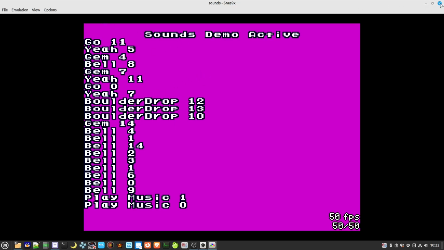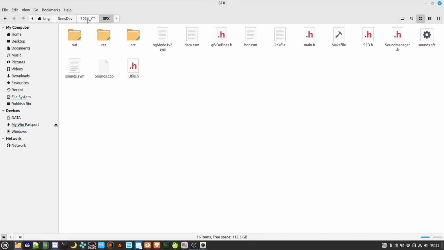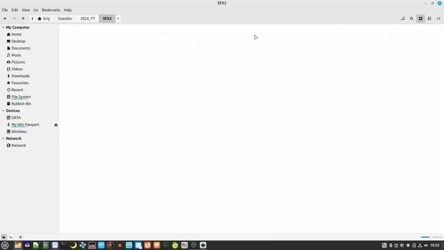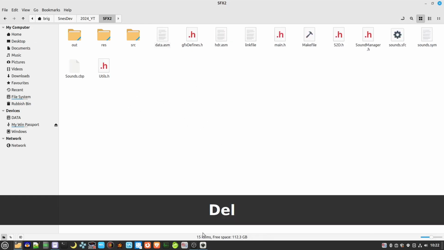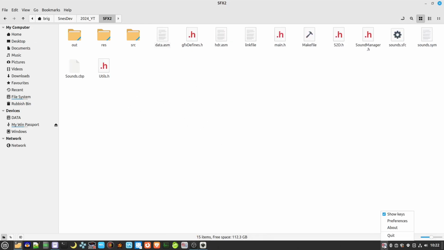So if I exit this now, and then we go into this project here. So first off, I'll just turn the show keys thing off here now. So this is a copy of the other project. So we'll rename this to Sounds 2, and then